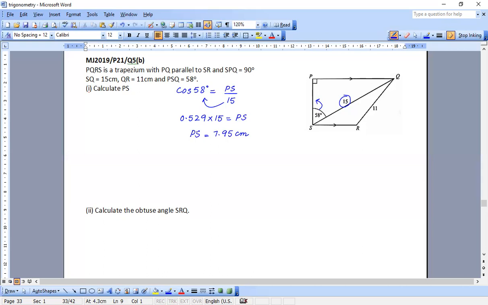Okay, then I have part 2. Calculate the obtuse angle SRQ. This is the angle which I have to find. If I was making this video for maybe an appearing year student or a grade 10th student, I would have told them to use the sine rule. But since I'm making this video for a 9th grader, I am going to use a different technique to find out the angle SRQ. What I'm going to do, I am going to join R